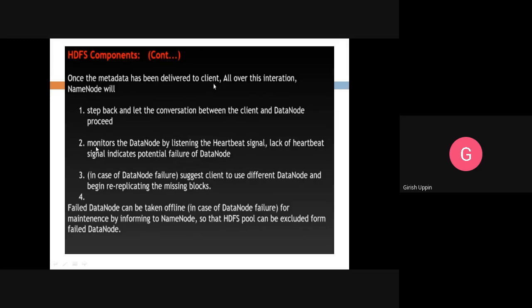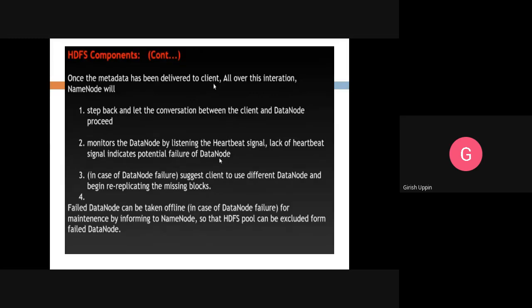What the name node will do is monitor the data nodes by listening to the heartbeat signal. Lack of a heartbeat signal indicates a potential failure of the data node. Let us say it has given the client 10 data nodes, then it will keep monitoring those 10 data nodes during the read and write operation. If any of those data nodes fails, it will know what data is available on that particular data node.